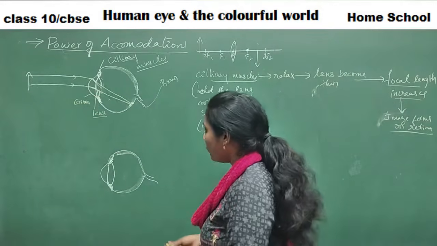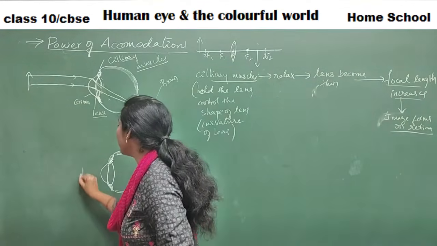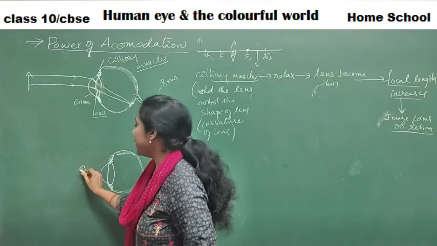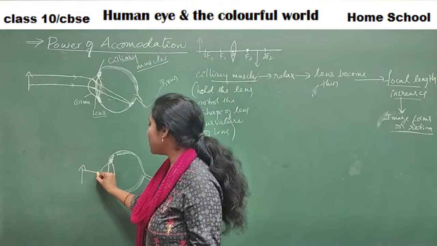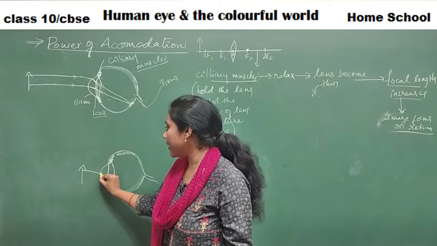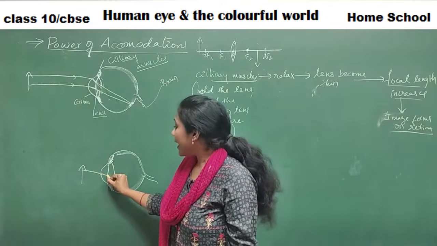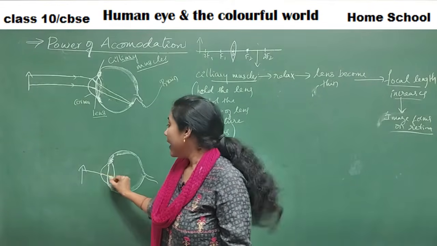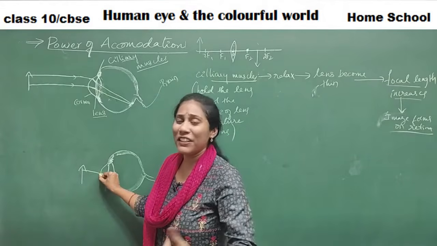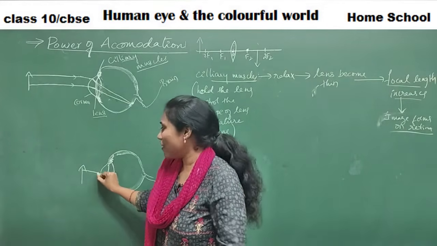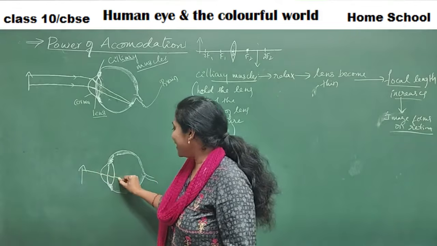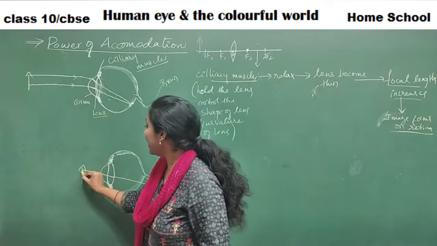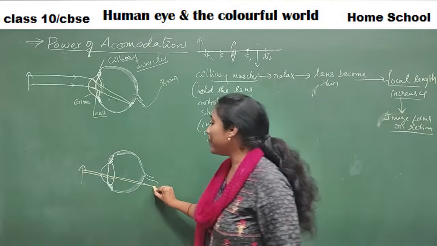Clear? And now let me take an object very near. Now what happens? The incident rays, the rays that are coming from the object, reach the cornea. This is the cornea. Here a certain level of refraction occurs, and they reach the lens. Here also a certain level of refraction occurs. And you see here the light ray is not traveling a larger distance. The distance of the light ray is very little. So they can travel and go out of the retina also, and there you have a chance of meeting.